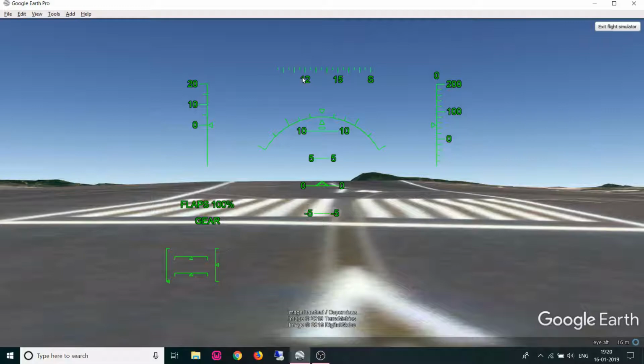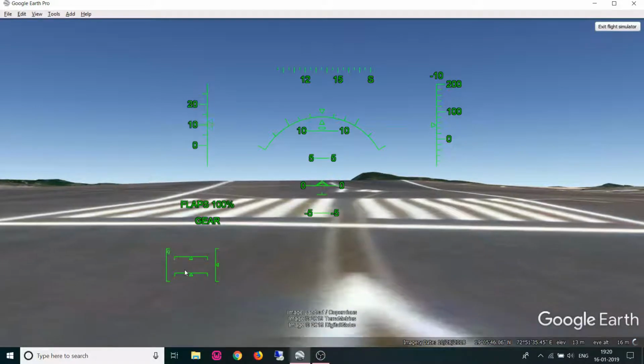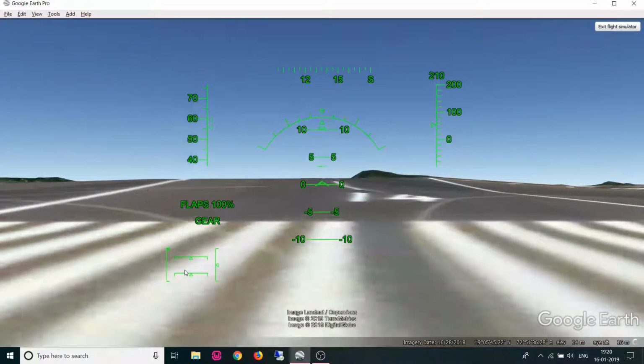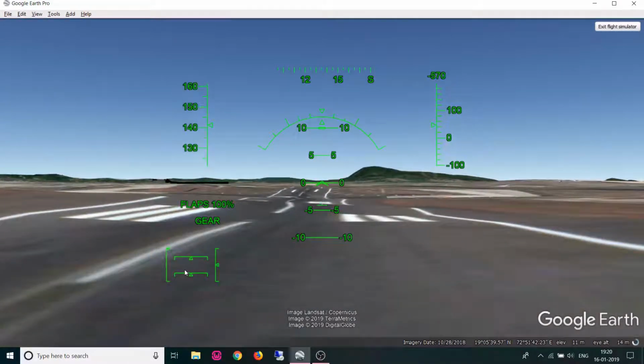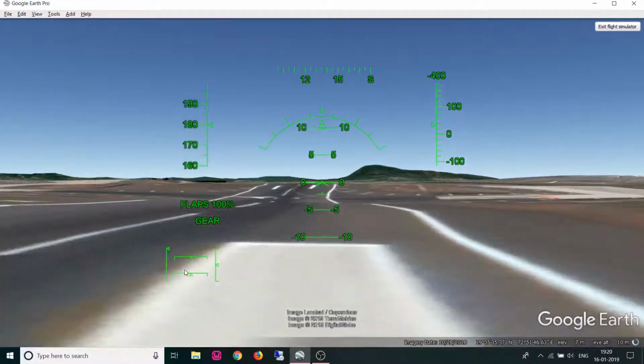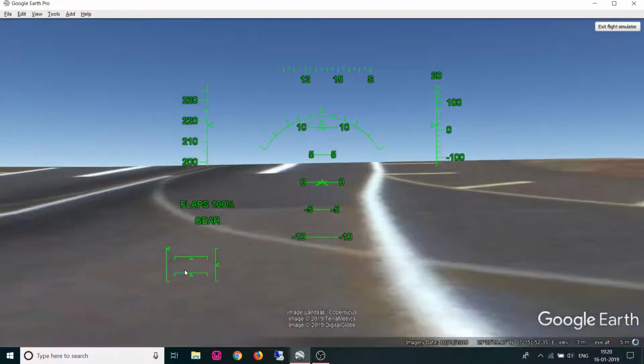Then for throttle, for moving your plane forward, you have to press page up, which is the 9 key on your numeric pad. Now press the 9 key so that it shows the throttle till full. The throttle is shown right here. Okay, so let's throttle up. So we are throttling up. By the way, don't click your mouse, otherwise it will go to yoke mode. I will talk about that afterwards. So it's moving,